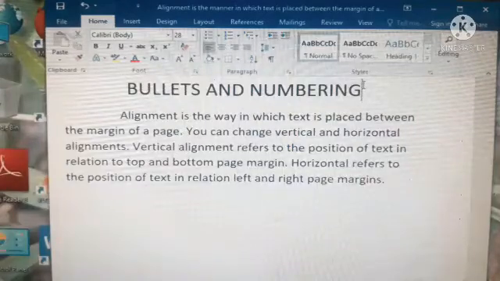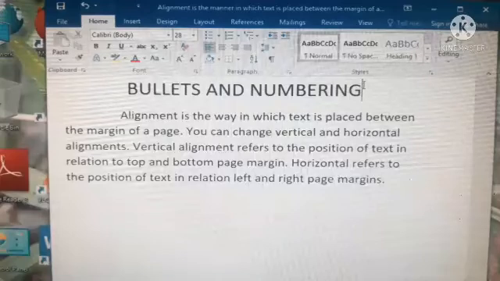For particular items we will put dots or a symbol. For this purpose we use bullets and numbering to list points or information. Bullets and numbering help to present the text in an organized way, so if you want to make your document organized, we can use bullets and numbering.